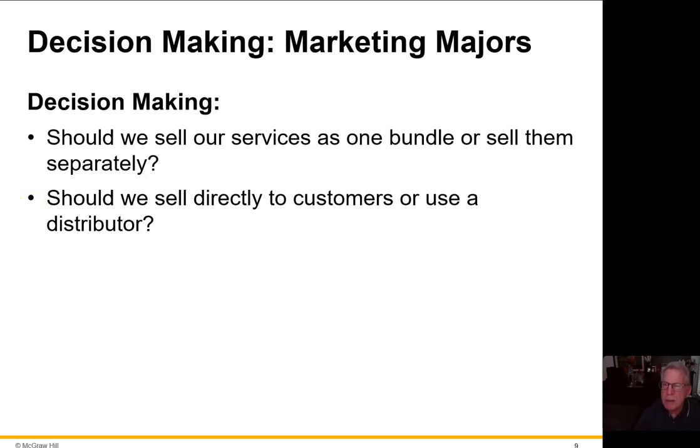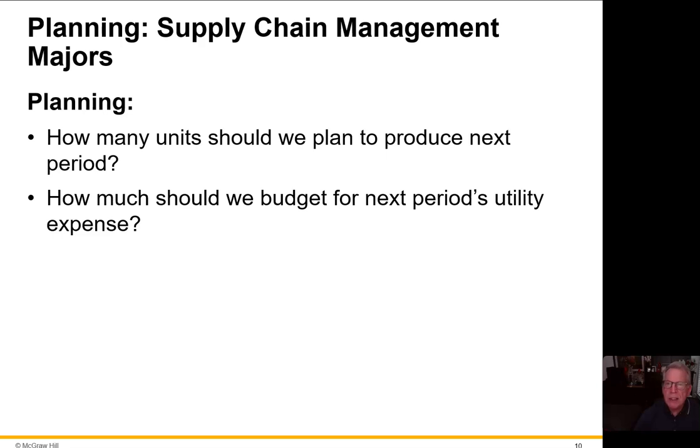Okay, decision making for a marketing major. Should we sell our services as one bundle or sell them separately? Should we sell directly to customers or use a distributor? All key marketing decisions. And then supply chain management majors, those folks are going to be looking at how many